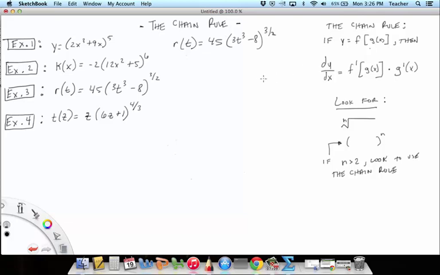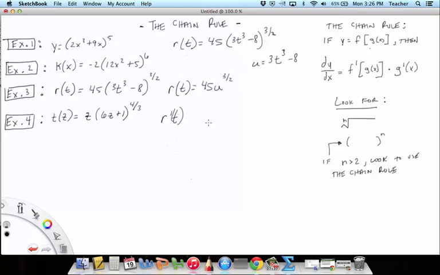Now, some of you have already seen what we're going to call u, which is great. It's great to get in the habit of just identifying that. And so we have u equals 3t to the 3rd minus 8. Okay, and so now we rewrite the problem with u involved. So that would be 45 times u to the 3 halves. And then when using the power rule, we take